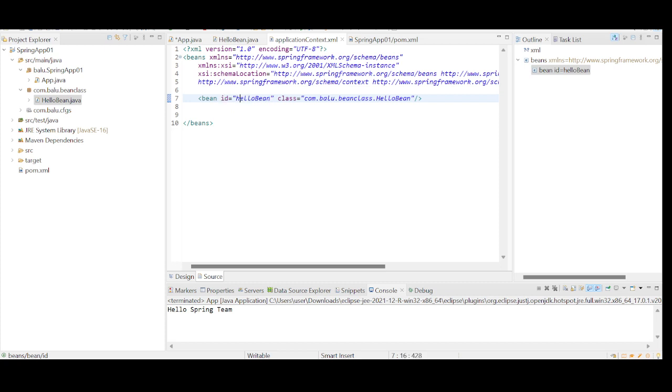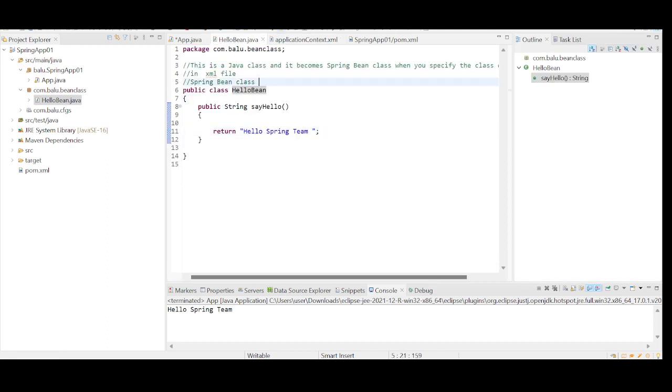You can give any meaningful name, right? And for class, you need to place here the fully qualified name of the class. If you are placing a particular class here, this class is going to act as a Spring Bean class. What does it really mean? It means I am going to convert this class into a Spring Bean class,